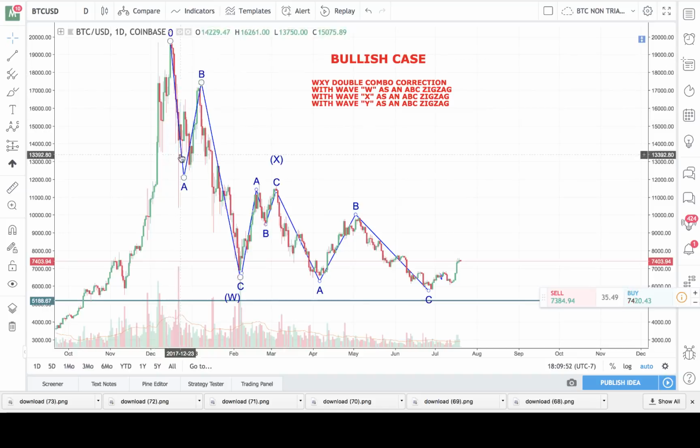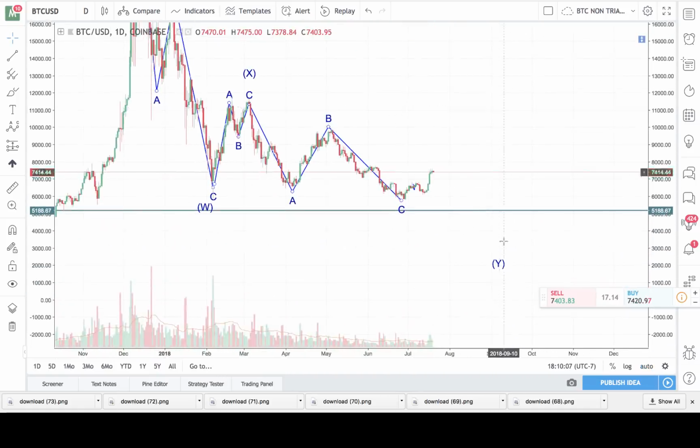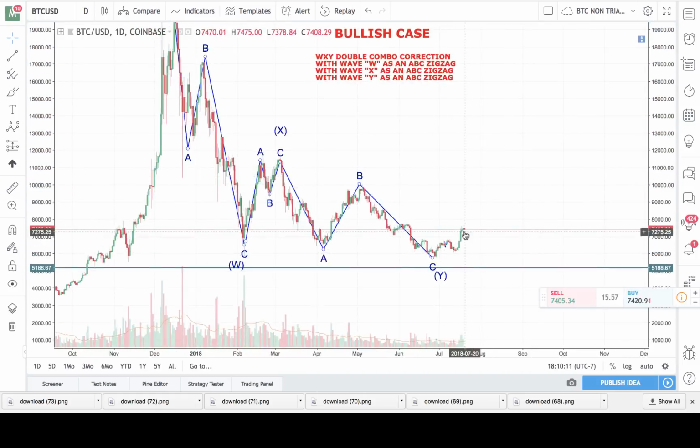So I have this in, again, a WXY. However, in this WXY, our X wave is this 3-wave structure here, this ABC. And then we have this ABC being our Y wave, which completes right over here. Where is it? Let's see here. Yes, our Y wave completed right here, and we've now started what would be a new impulse wave up, or another X wave like we had here